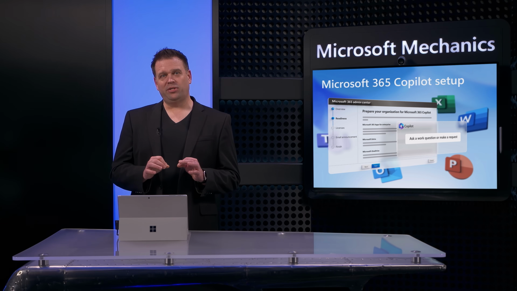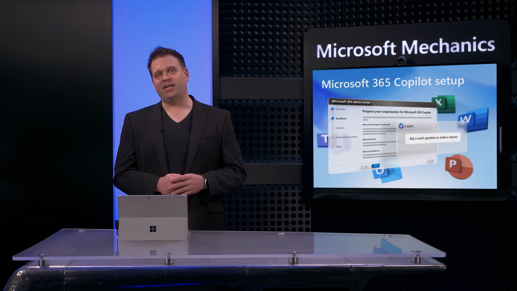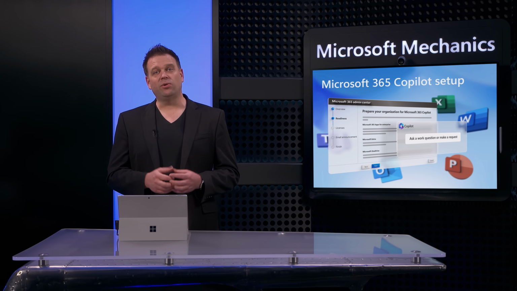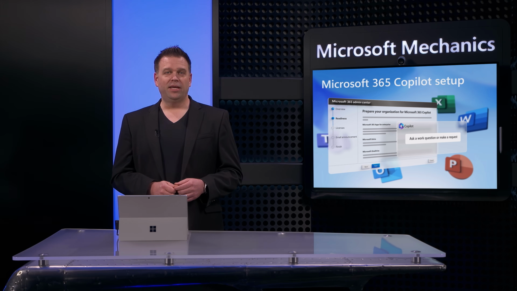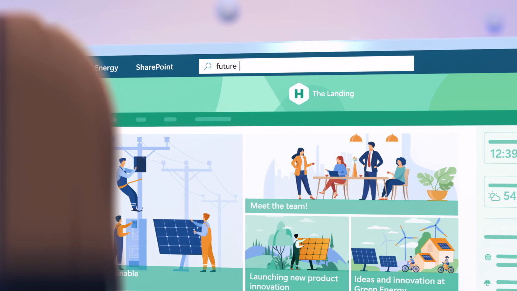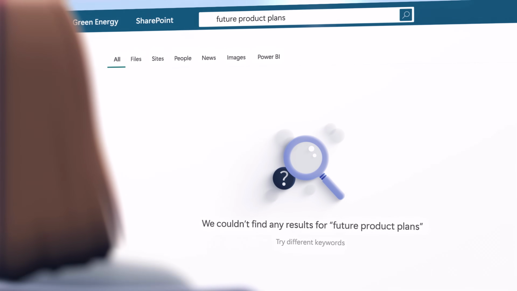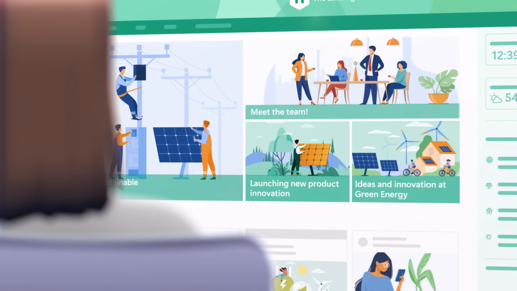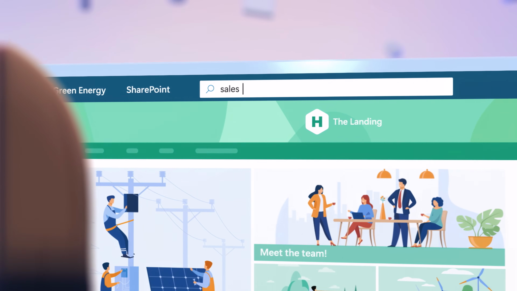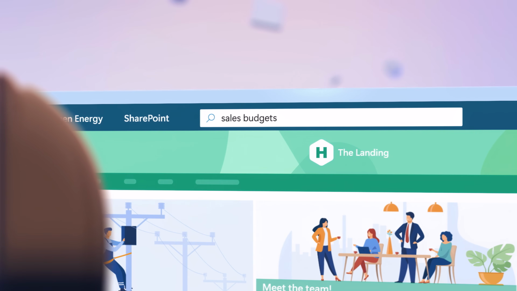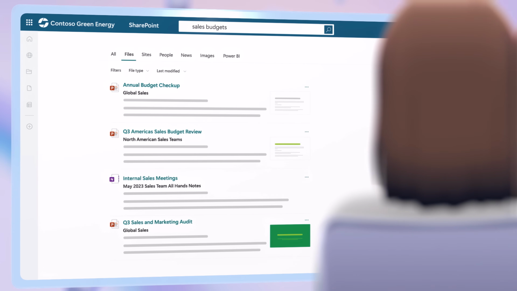The recommended approach here is to achieve what's called just enough access for each user within your organization to get their work done. Now, this would mean that if any given user searches for information they shouldn't have access to, it simply won't be found or retrieved. But if they search for information that they need to do their jobs with and have access to, that information can be found and is surfaced to them.